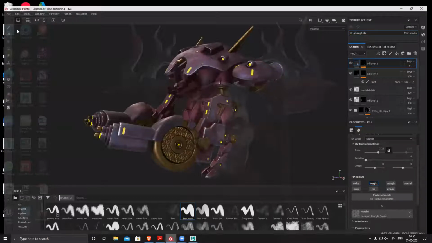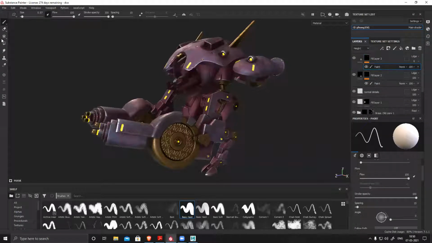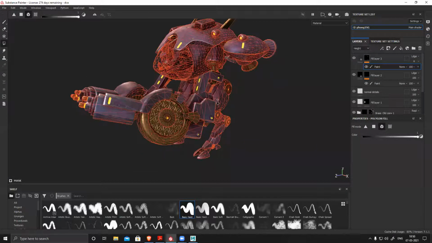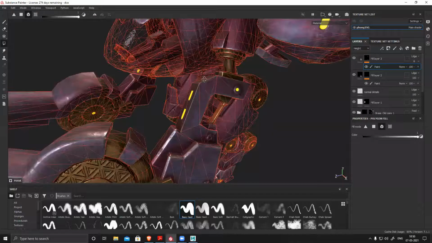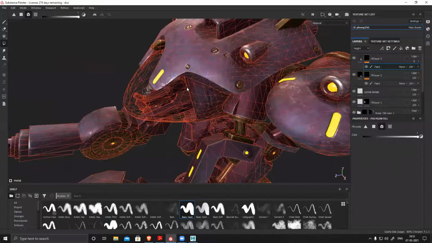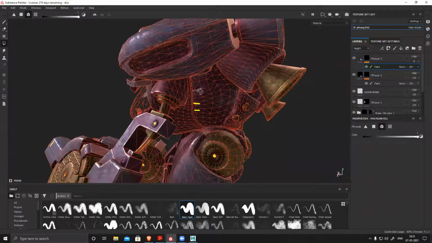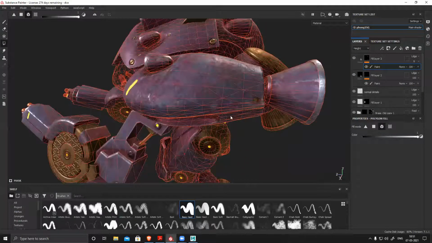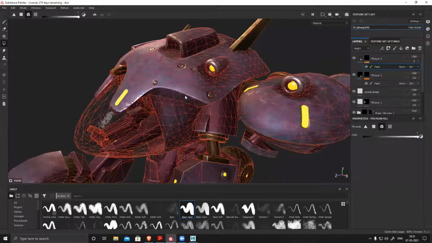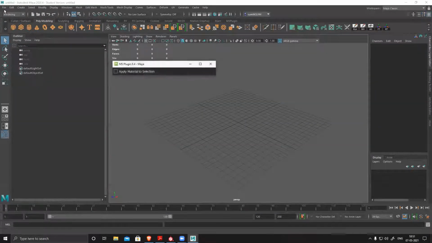If I show the wireframe of this file, you can see these are low poly. I just removed the supporting loops from everywhere, but you can see this part is a bit dense, this part is dense, and all the circular parts are dense. So what I did is I kept the smoothing group first initially, then I smoothed it in Maya, like applied one division of smoothness in Maya.